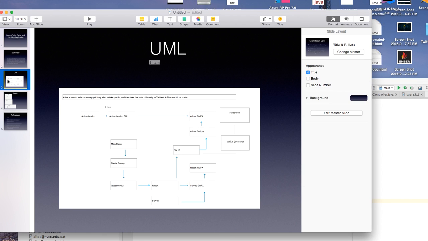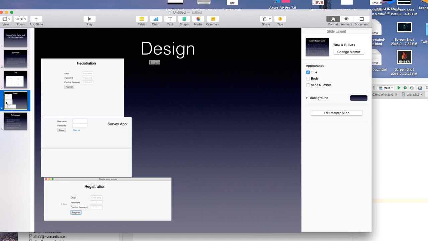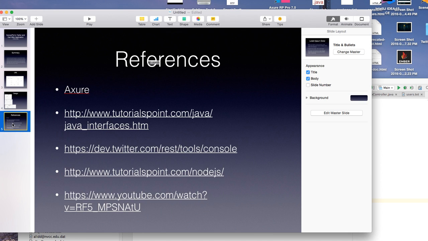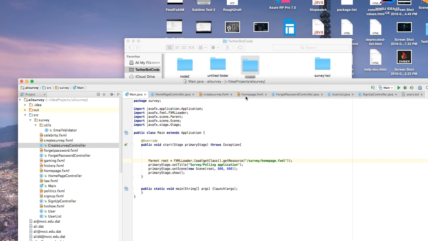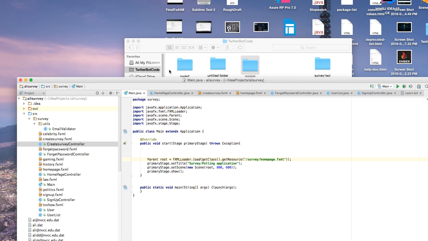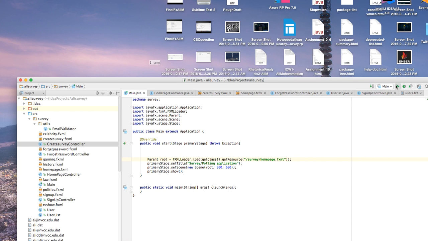So now this is my UML. We're going to be connecting from the IO file to JavaScript to Twitter, and this is the design for the authentication and everything. These are all of the references that we used to create this program. So let's go on to the program. In actuality, let's see here, when we run this,